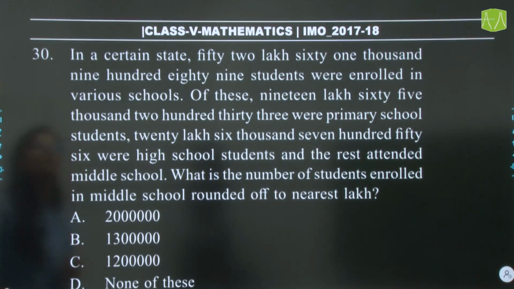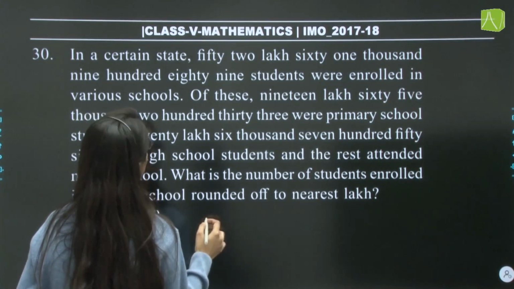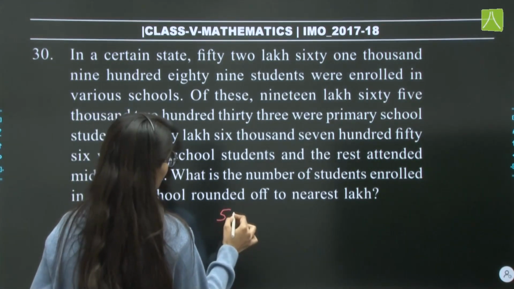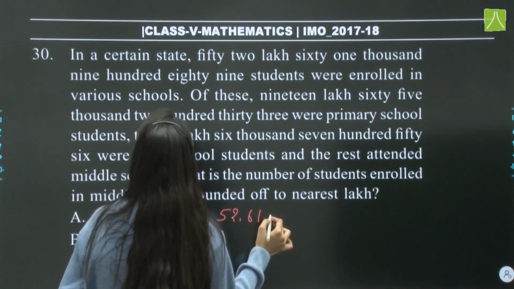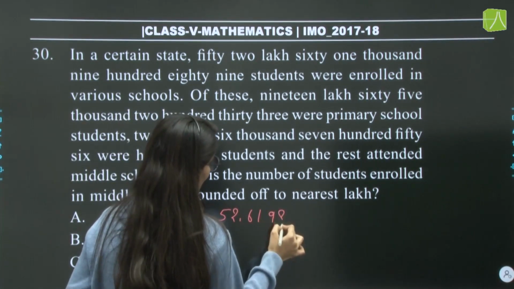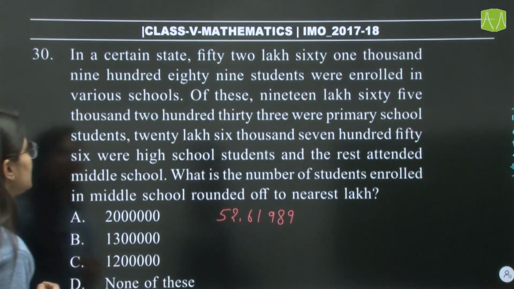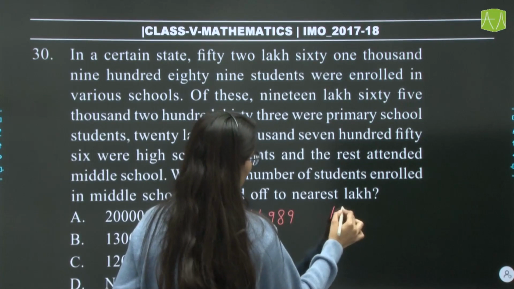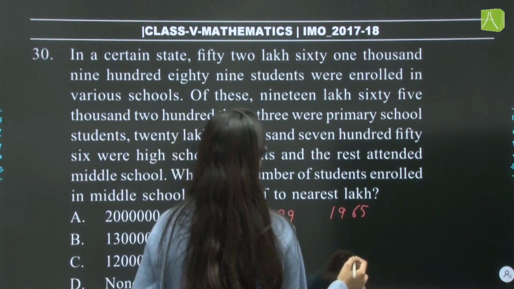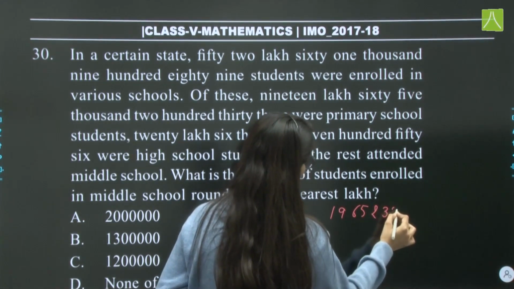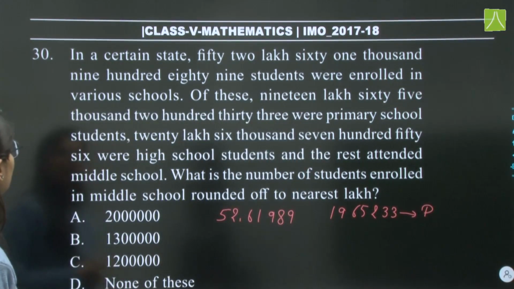So let's first write one by one. 52,61,989 students enrolled, and out of which 19,65,233 of these students are of primary, and then